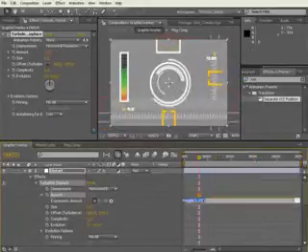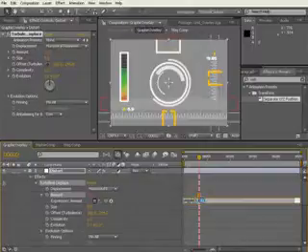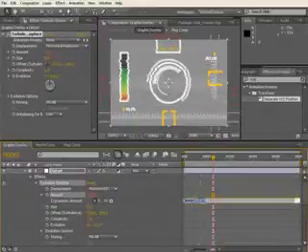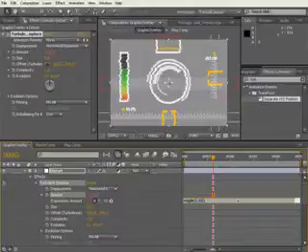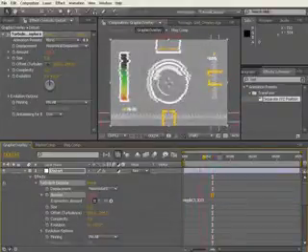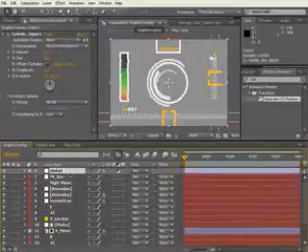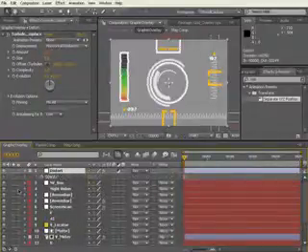We could go a little higher, so instead of 100 we'll go 200, and let's make it 300. There we are. So that's working fine, and now to animate it we'll just hit T to bring up opacity, and we'll